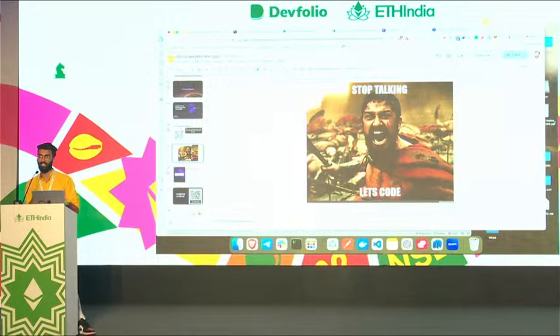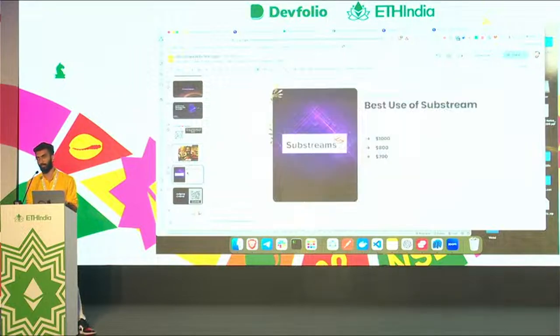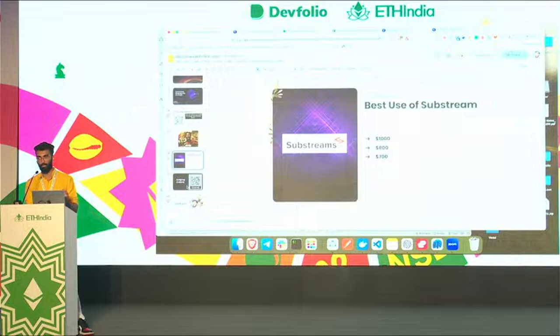For ETH subgraphs, I need to build a substream for that. And if you're building a substream, which is a totally different technology, for that also we have bounties. So just repeating, we have three bounties. One is subgraph bounties: first prize 1000, second prize 800, third prize 700. If you build a mediocre subgraph, you still have a chance: 10 people get $250 each. And if you're building a substream for a more niche use case, these are the prizes that we offer. I hope you understood all of it.